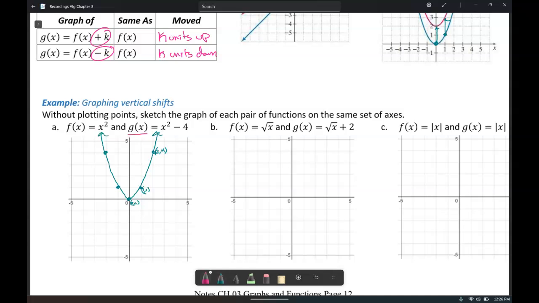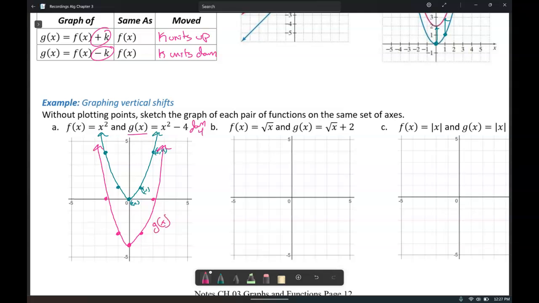And if I want to just quickly graph g of x without plotting any points, all I have to do is take this function and move it down 4 units, because we're shifting down 4. And so we know that it's going to go 1, 2, 3, 4, and everything is just going to move down 4 units from where it was before,